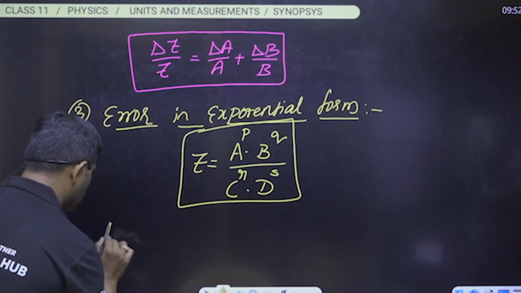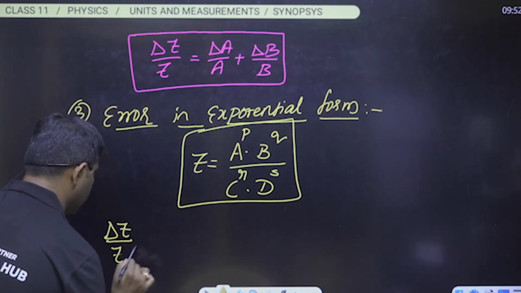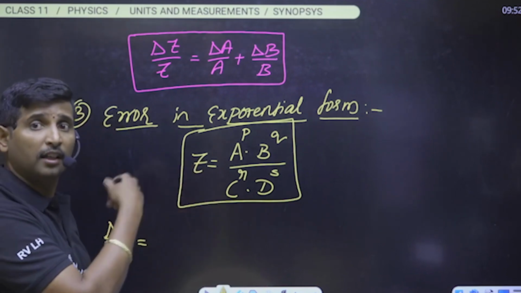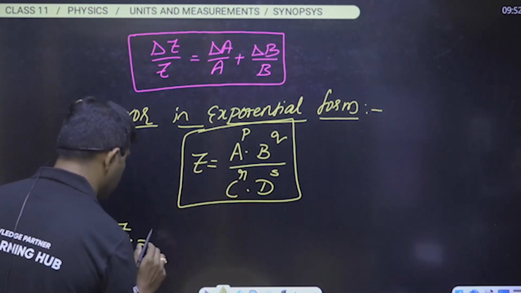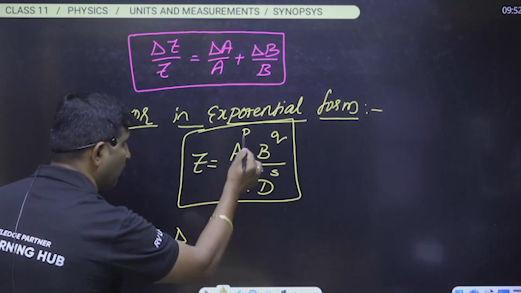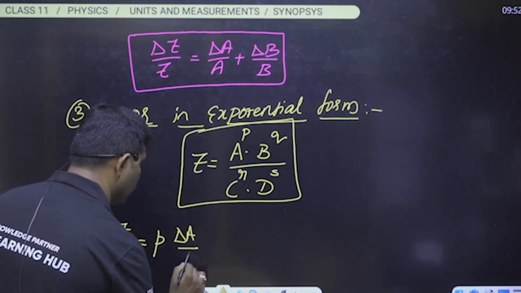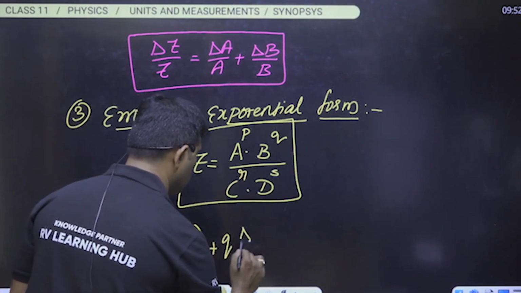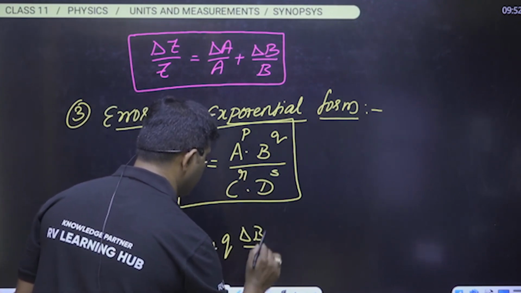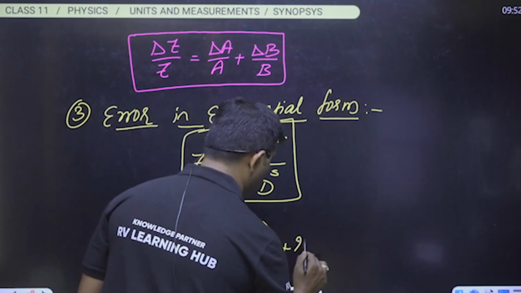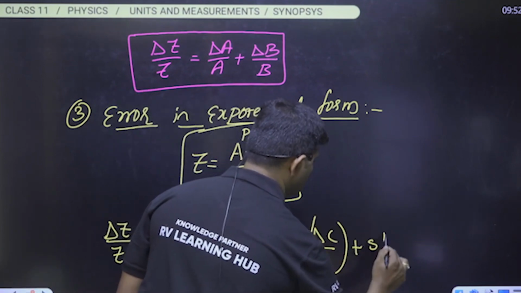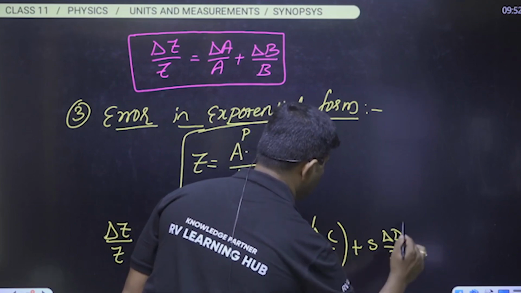See here, delta z by z, that is relative error in a physical quantity or in the product or in the result, will always be equal to p times the relative error of the individual quantity plus q into the relative error in b plus r into delta c by c plus s into delta d by d. Like that